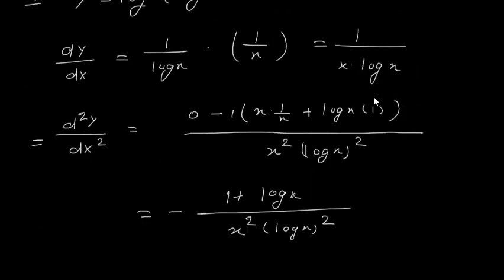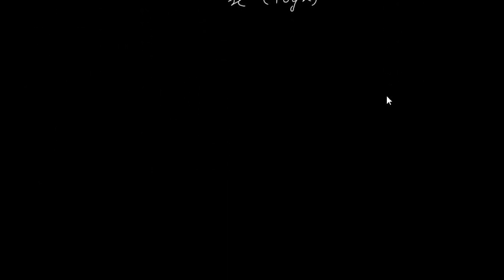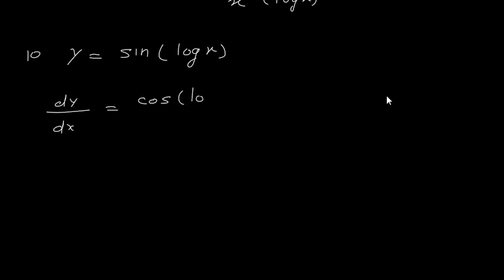Okay, ninth question. Now let us see the 10th one also. The 10th problem is y is equal to sine of log x. So dy upon dx will be equal to the derivative of sine, which is cos. So it is cos of log x, into, we differentiate this log x, we will get 1 upon x. The derivative of log x is 1 upon x. Okay, so this is composite form. So finally this is cos of log x whole divided by x. This is dy upon dx.